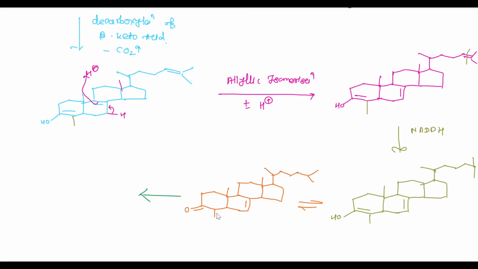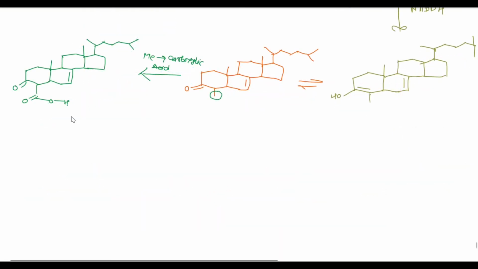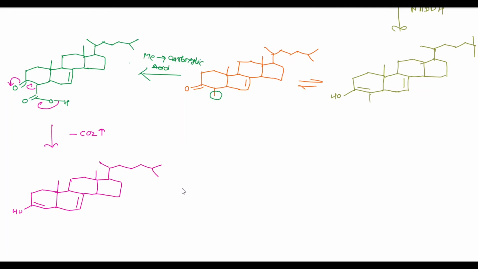In the next step, oxidation of this methyl group into carboxylic acid via alcohol and aldehyde and we get. Next step, loss of CO2 takes place and we get. In the next step, tautomerization takes place and we get